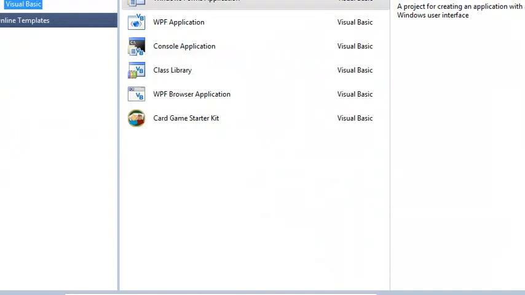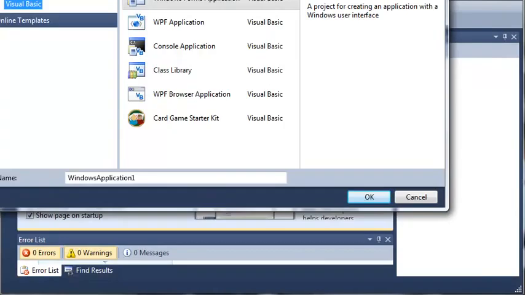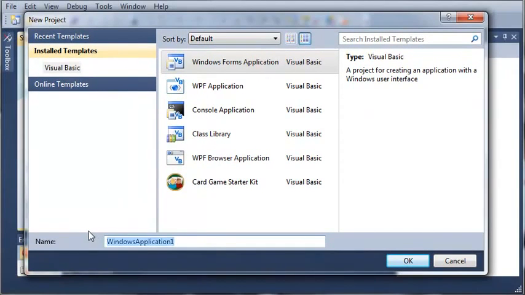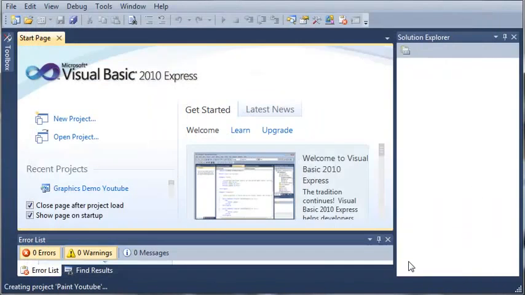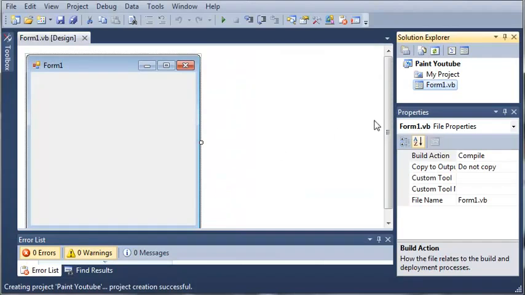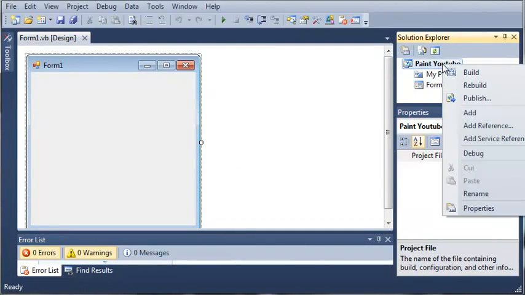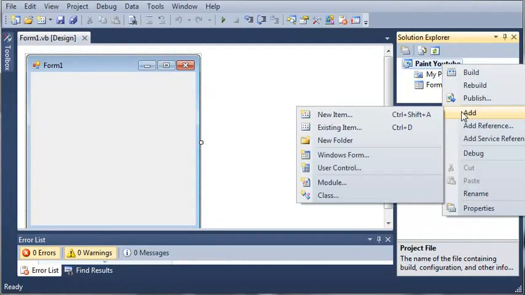So we'll create a new project. We'll select a Windows Forms application, and we'll just call it Paint, and I'll call mine Paint YouTube because I'm pretty sure I've got another copy of a similar Paint program. So we'll go ahead and click OK and wait for that to load. So here's our Form 1, and what we want to do is right click on Paint YouTube and